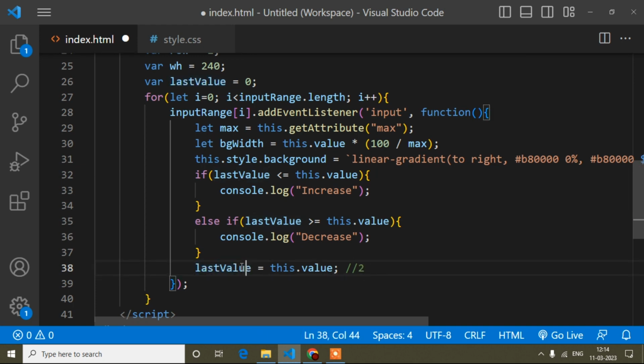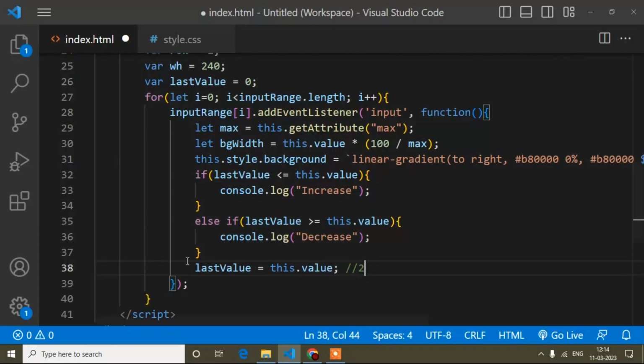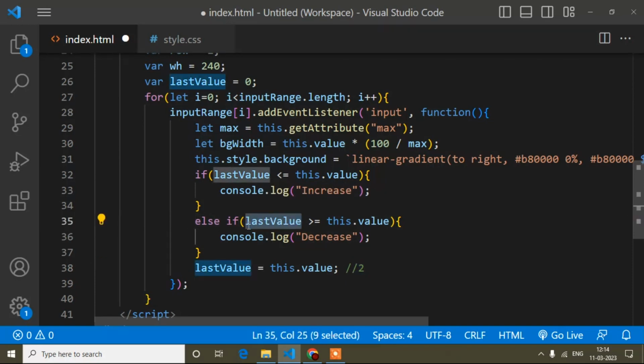Now suppose instead of moving right side, I come here, this dot value will be 1, right? Because it was 2, when I come here it will be 1. Here it is 1, but the last value is already 2. This time the last value is more than the range value, so it is decreased.